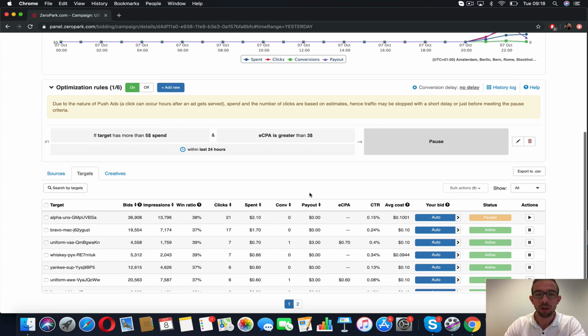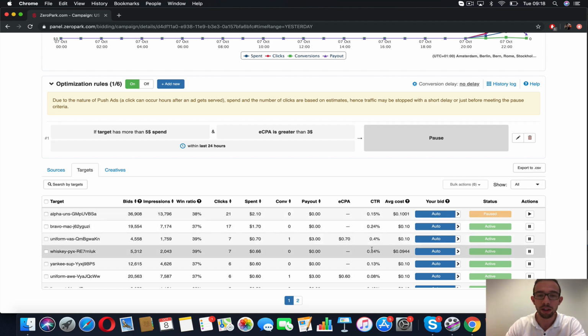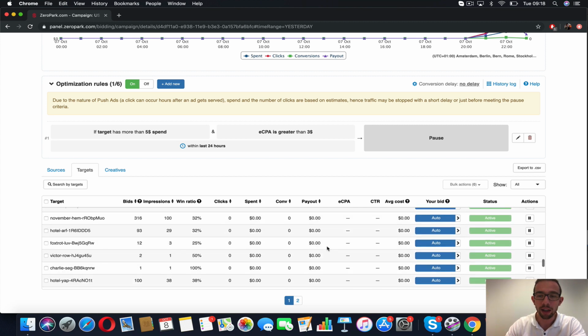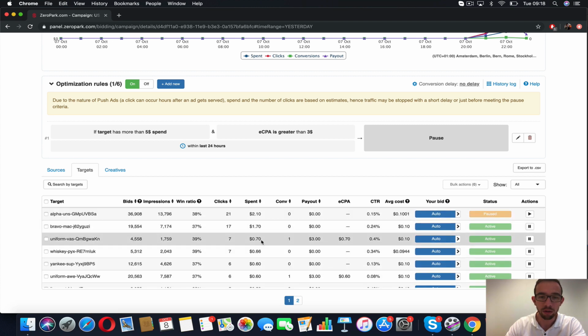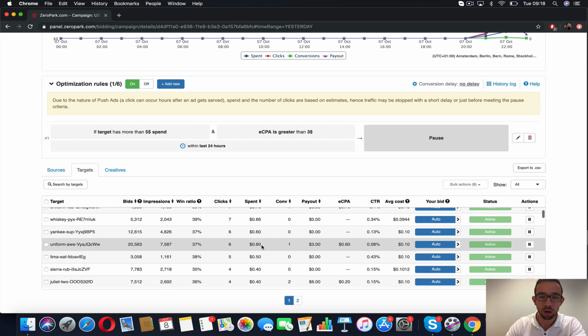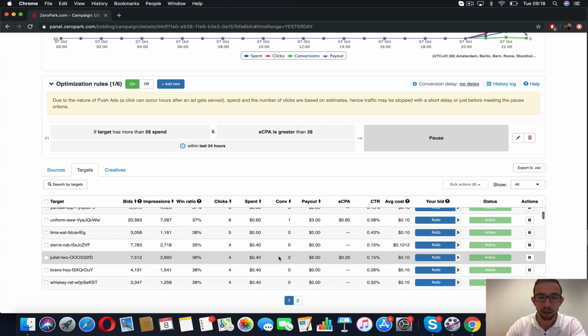Okay, so as you can see, with the rule-based optimization, this campaign spent 2.1. This is today's data. So probably yesterday it spent 1, or it spent 3, so it went over the $5, and it has 0 conversions, so the system paused it. All the other ones, they're still active, right? Because they don't have that much spent. They either have 170 for the big one, 0.7, 0.6, 0.4,